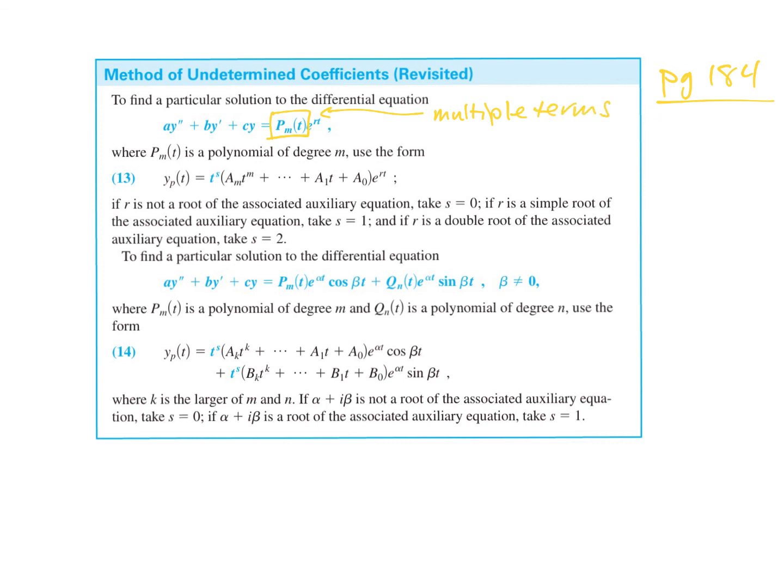And you can always break apart the equation so that each piece looks like this, where you have some polynomial with an e to the t, or a polynomial with a cosine or a sine. So what you can do if you have a y double prime plus b y prime plus c y equals f1 of t plus f2 of t,